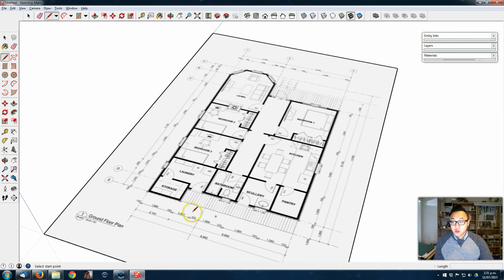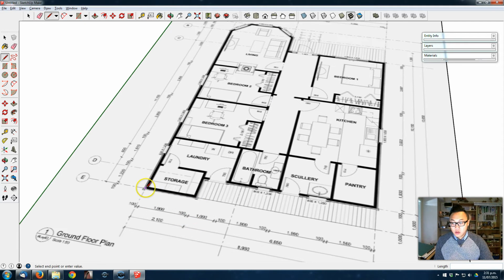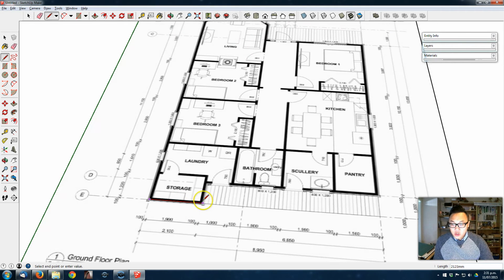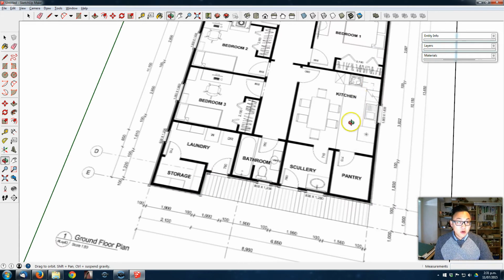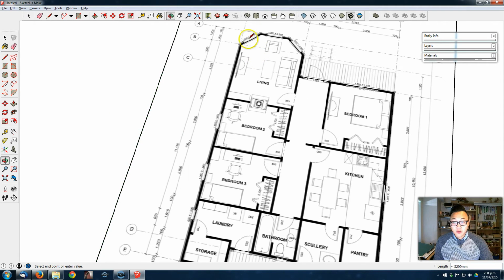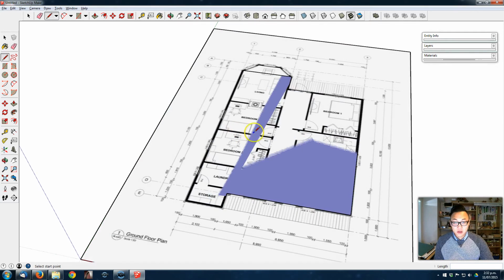So we're gonna use the line tool and just create an outline around the house. I'm not gonna be too accurate, so I'm just gonna roughly place them in the correct position. Okay, so for here I'm just gonna finish that face first, and we gonna create the angles later. Okay, so now the face is created,